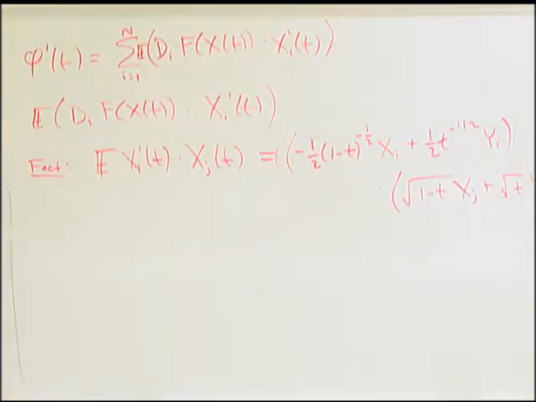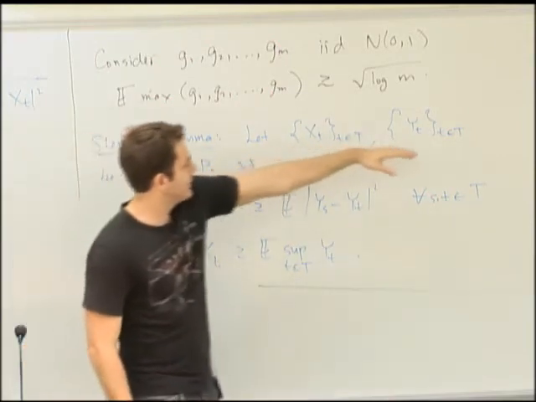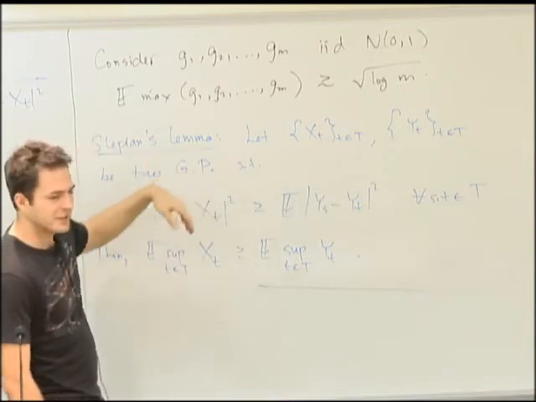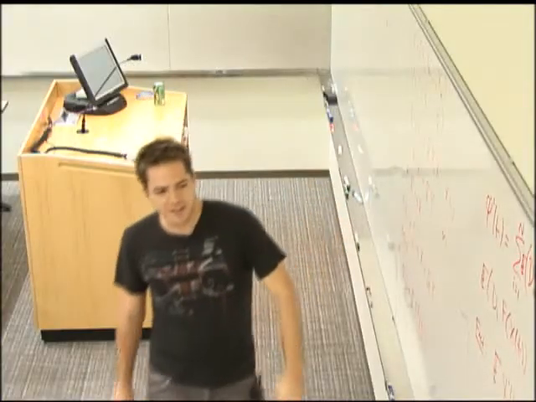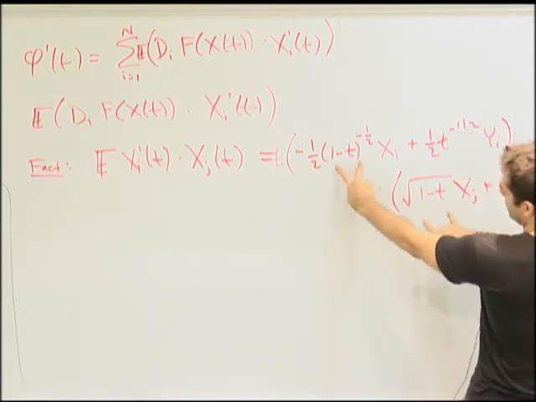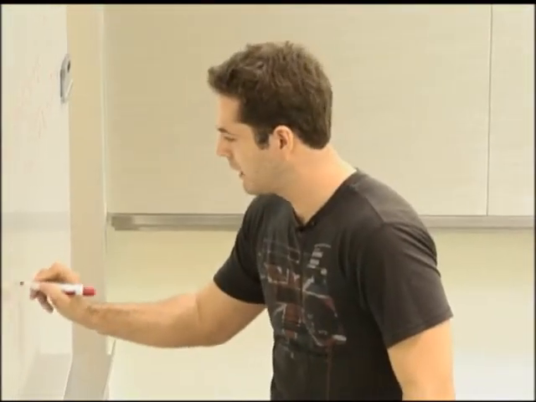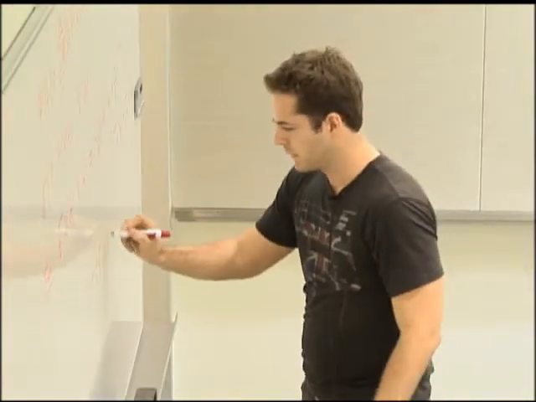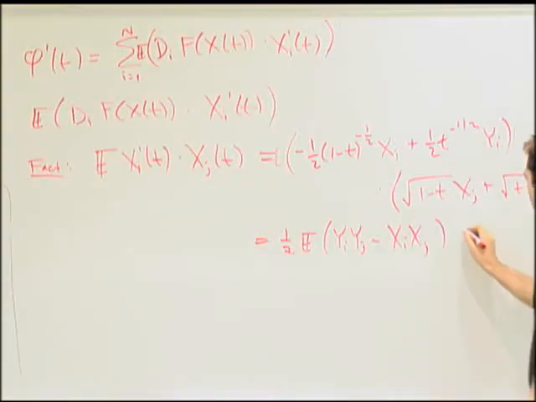First of all, we didn't say it explicitly, but nobody would ever say this, I'm going to say it anyway. We can assume that these two processes are independent, right? We're never talking about them on the same side. Then the cross terms cancel. The x, y terms go away because they all have mean 0, and we're just left with something great, because this thing cancels out with this, and this with this, and we just get that this is half the expected value of y_i y_j minus x_i x_j,